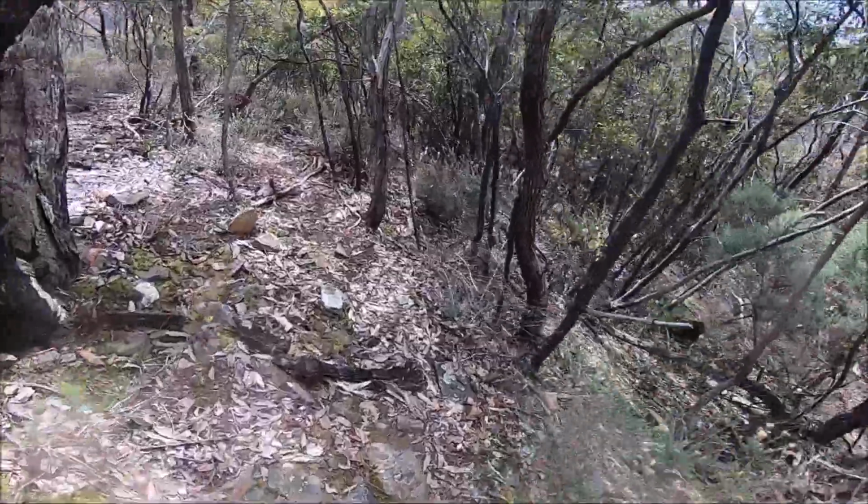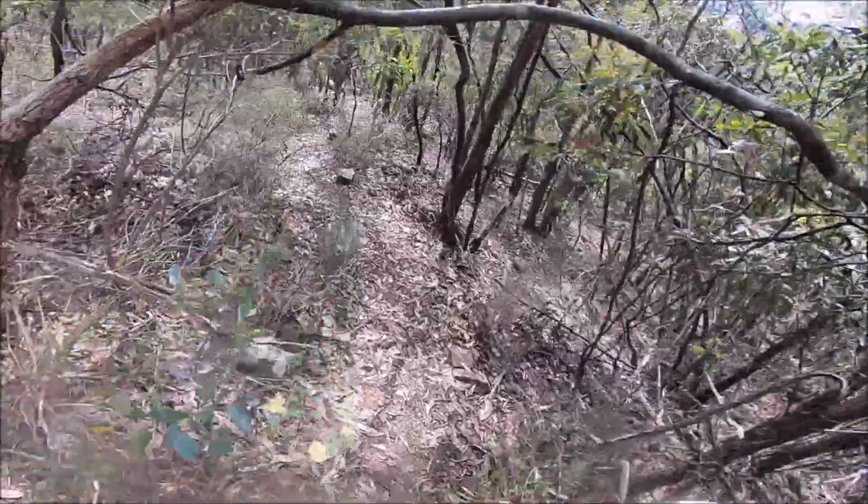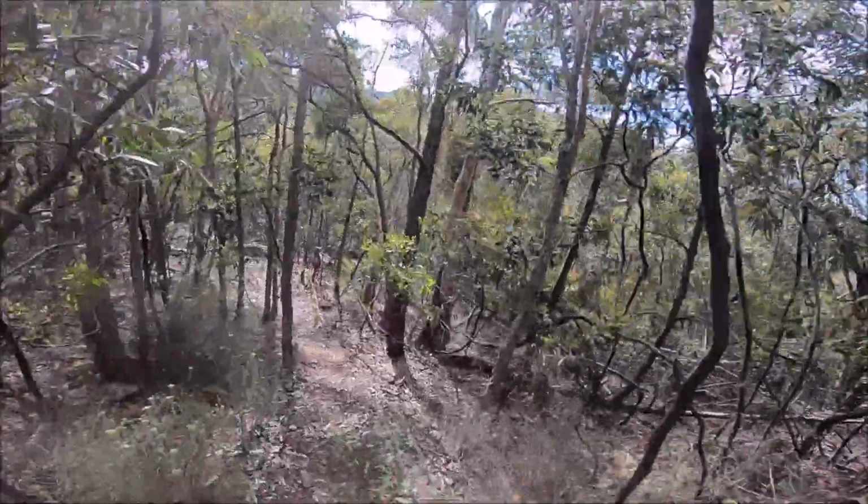Start to hear the river a bit now, which means we're getting close to the bottom. Down to that means we have to climb all the way back up. But it means we're also up to our last topic, even though we're nowhere near halfway through the run,